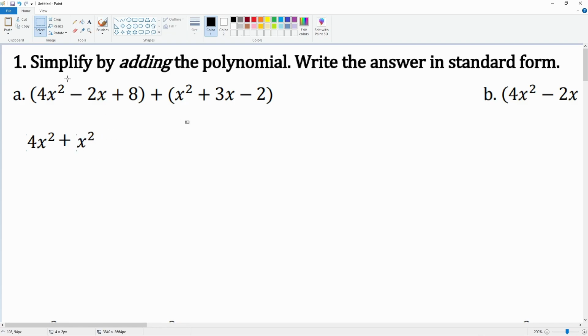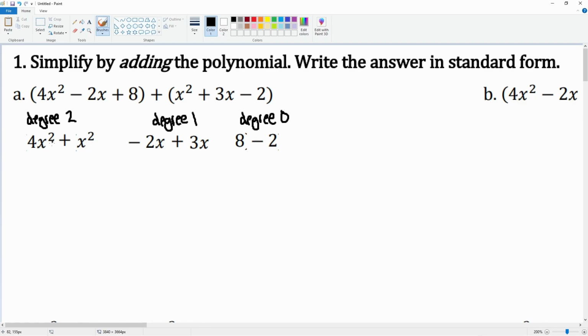Okay, then we grab the second degree. The negative 2x, that's going to be added to the first degree here. And then the last degree, the 8 is going to be added with the minus 2. Okay, so there you go. That's how you add them. It's going to be by degree. This is degree 2, degree 1, and this is degree